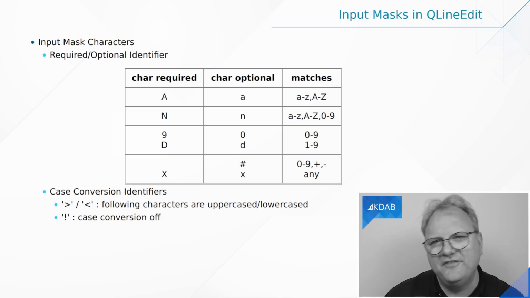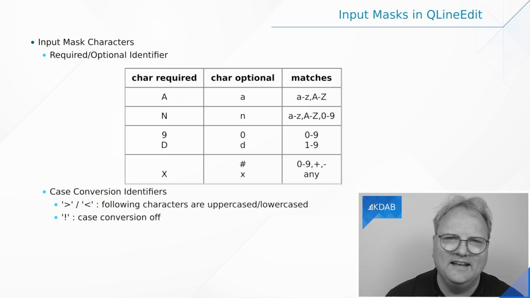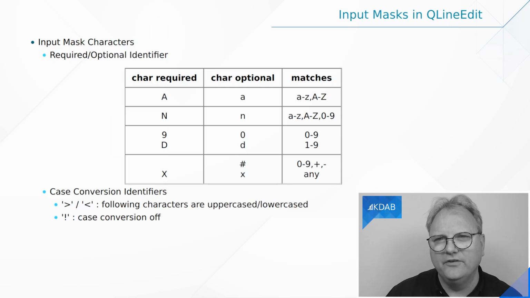input mask felt a bit like an afterthought that came along in one of the earlier Qt versions. We have this other thing called a validator. And the validator, as you'll also see in the example that comes up now, is actually the one that limits it to the actual number. So there's a bit of both of them limiting.